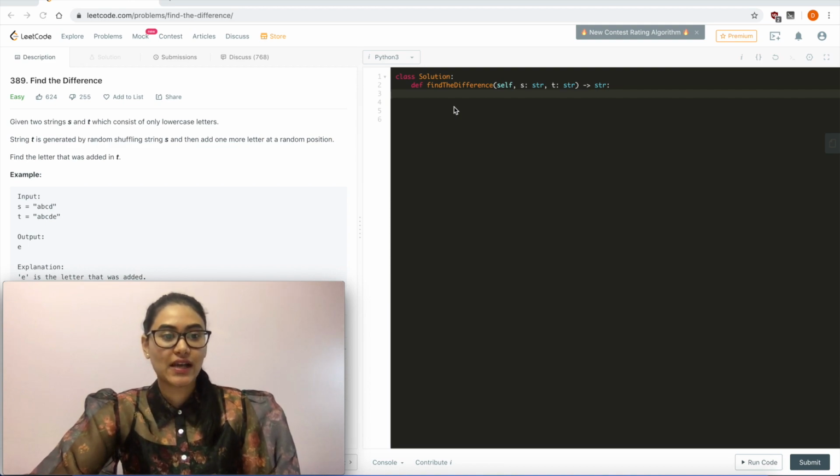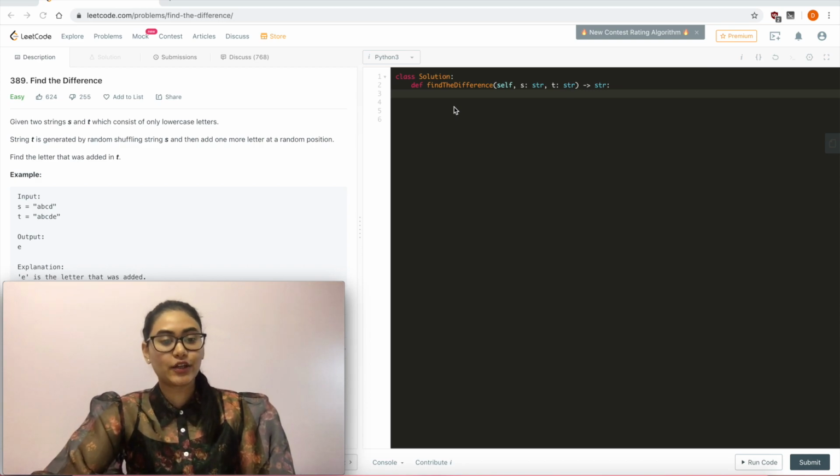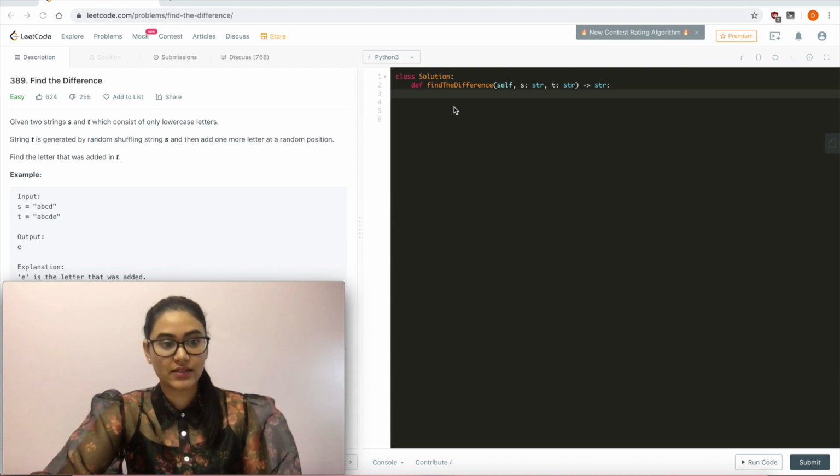Given two strings s and t, which consist of only lowercase letters, string t is generated by randomly shuffling string s and then adding one more letter at a random position. Find the letter that was added in t. Example, given the input s equals abcd and t equals abcde, we output e since e was the letter that